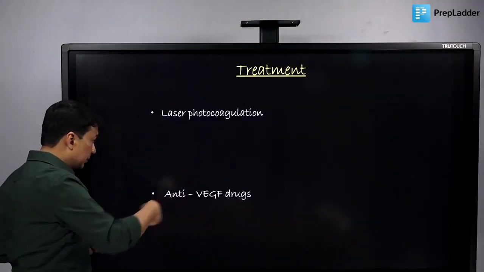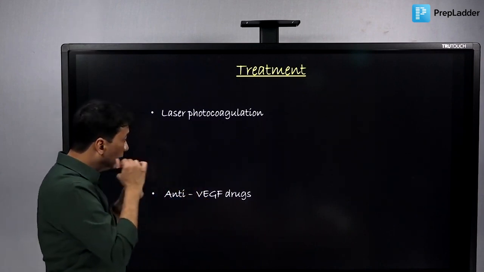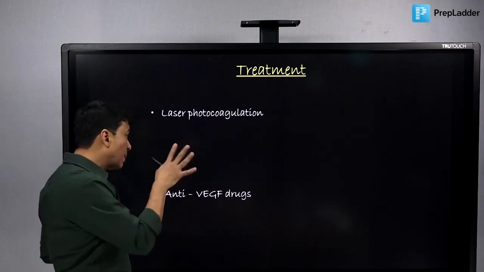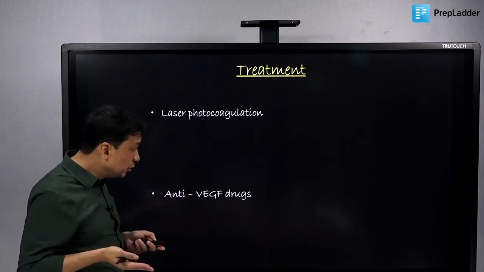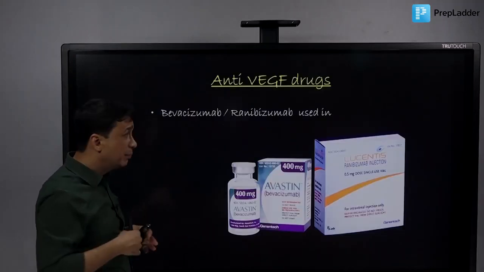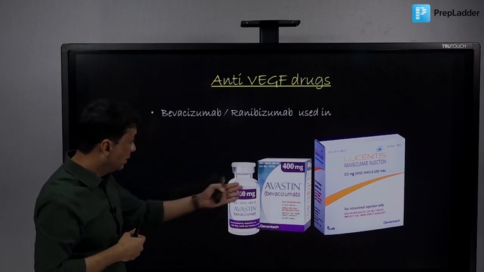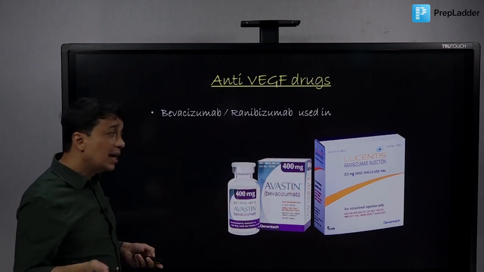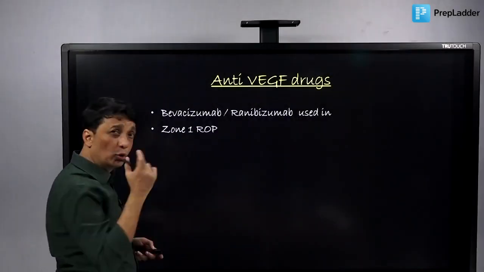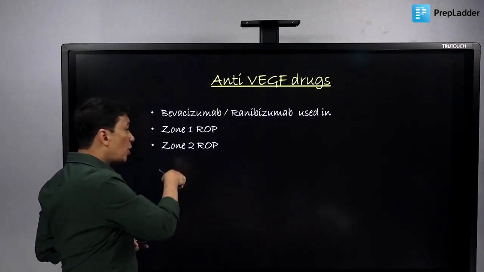The second treatment that has recently been started is anti-VEGF drugs. You know that the entire gamut of ROP changes are because of VEGF, so we need some anti-VEGF drugs. So these are also used nowadays, and our old friends are bevacizumab or ranibizumab. They are used in certain indications, like zone 1 ROP, remember zone 1 ROP is always dangerous because the macula and the fovea are being threatened, or zone 2 ROP which is close,